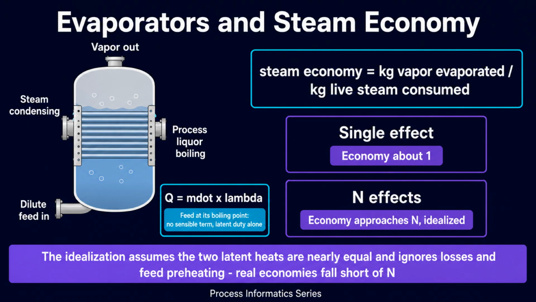A single effect evaporator condenses 1 kilogram of steam to evaporate roughly 1 kilogram of water, so economy is about 1. That is an idealization, resting on the 2 latent heats being nearly equal and ignoring losses and feed preheating. The improvement is to use that vapor twice, since it still carries essentially all the latent heat that made it. Chain N effects at successively lower pressures, and, idealized, economy approaches N. Real economies fall short of N. Any per effect derating factor in a textbook illustration is an assumption, not a measured constant, and not a number for sizing